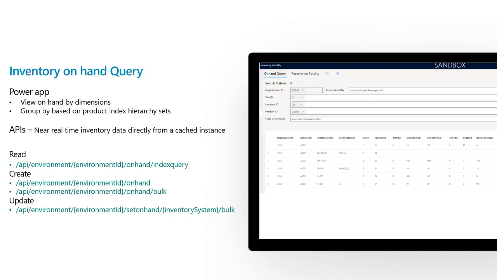You can do three kinds of operations with the inventory visibility service. You can read the inventory on hand information. So you can specify your organization and product along with the partition, which I mentioned earlier, it's just site and warehouse. And on top of that, you can also specify the product index hierarchy. So you can specify other sets of dimensions and values to retrieve the exact result set which you are looking for. So you can read the information from inventory visibility, but you can also add the inventory on hand information